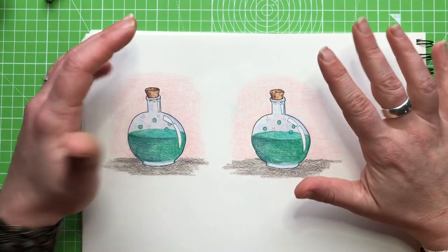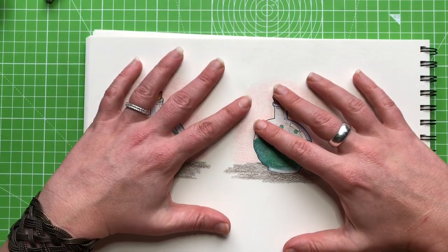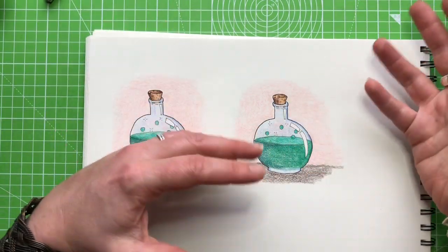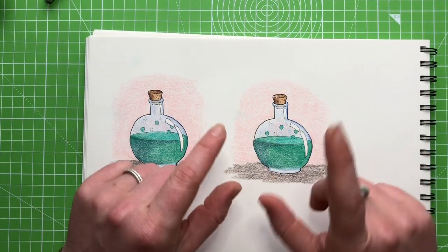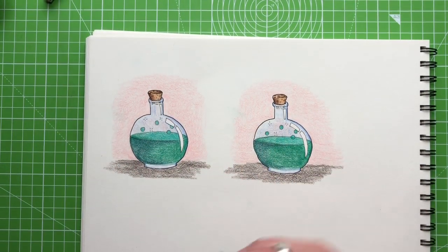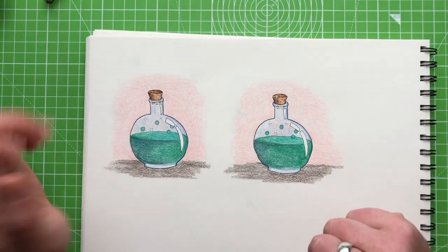So when we have our finished colour picture, there are ways that we can just bring out some facets and some areas of the picture more than others, just to finish it off and give it that little bit of extra kick. I've got two identical images here that I have coloured by hand,